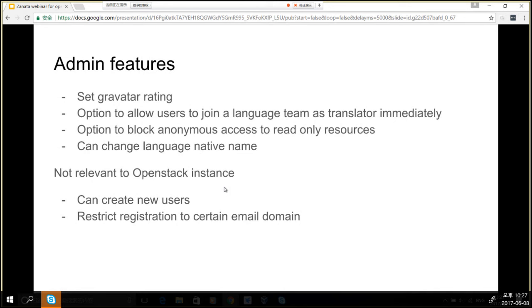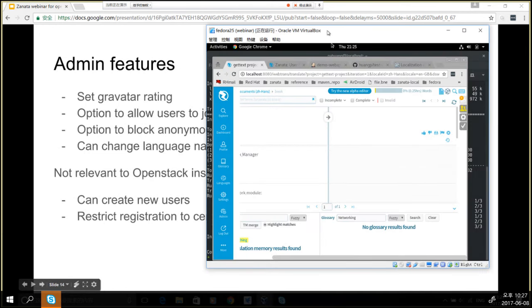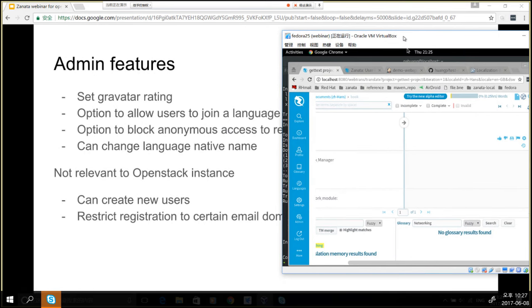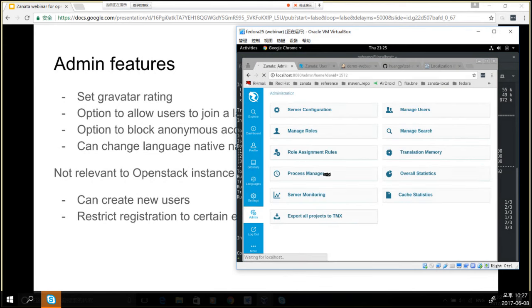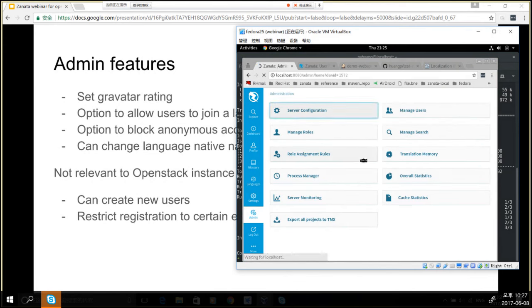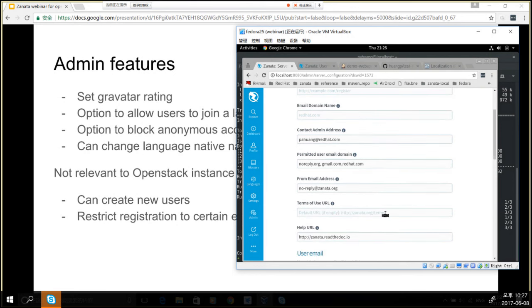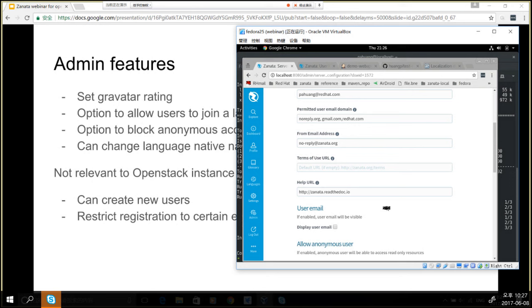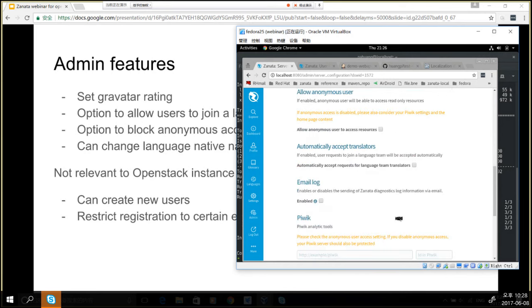There are a few administration admin features, probably not related to most of the users. Now, if you are admin of an OpenStack instance, there are a few new options in server configuration. One is for every user, you can set up a gravatar, which is just an avatar linked to your email. Now you can change the gravatar rating,